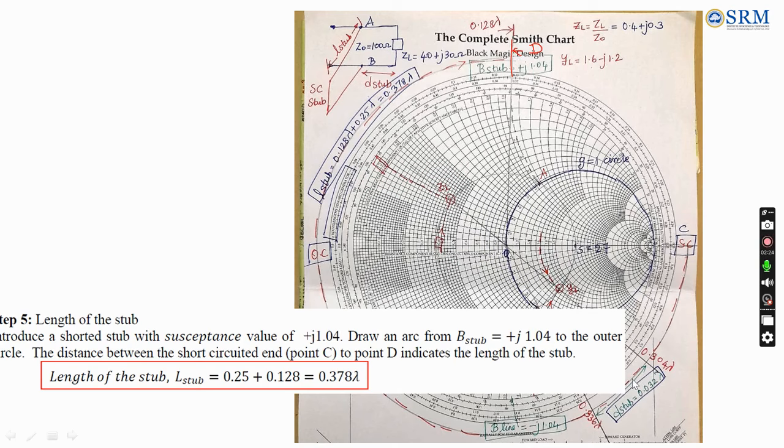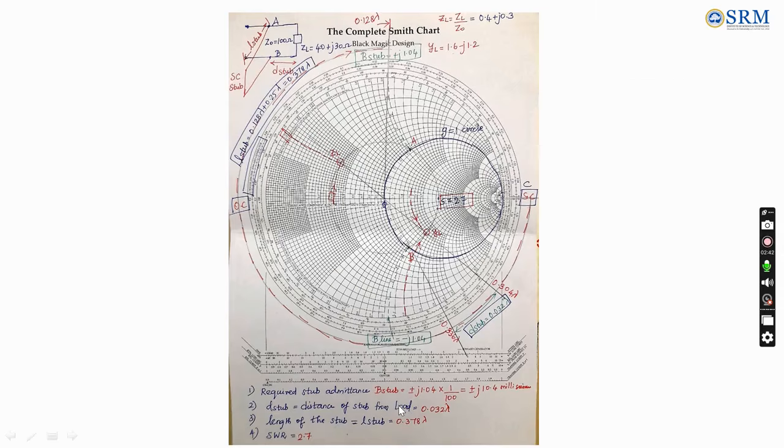So we can see here quarter wave is covered. Open and short circuit is located at 0.25 lambda, and apart from that we have to add this much distance. So if you could see, it is 0.128 lambda. So we get the length of the stub as 0.378 lambda. So finally, for the given load impedance and characteristic impedance, we have designed the stub which is at the particular distance d stub away from the load and of particular length. Okay, this is fine. VSWR also we computed at the starting stage.